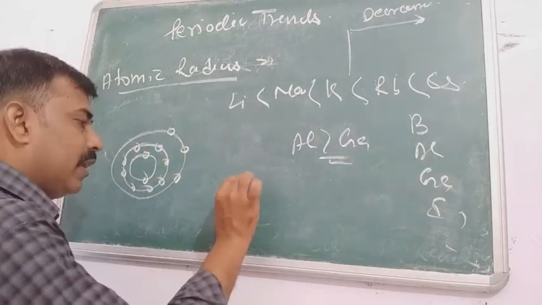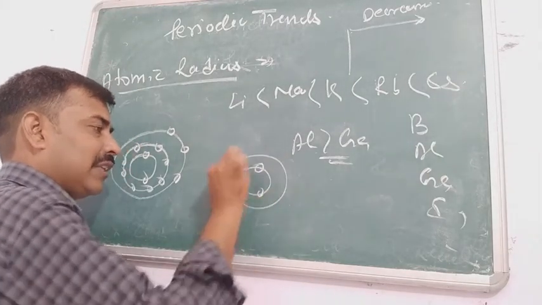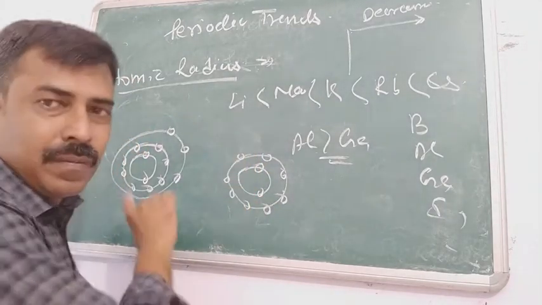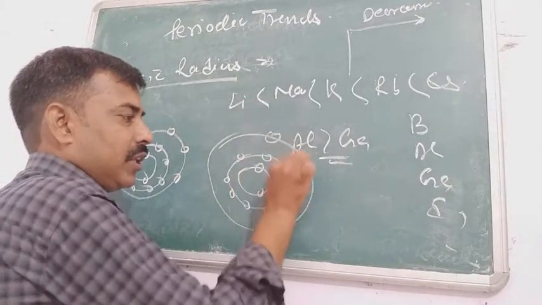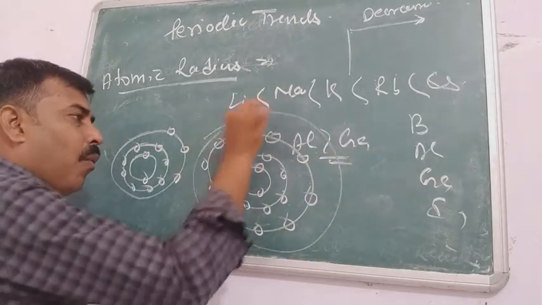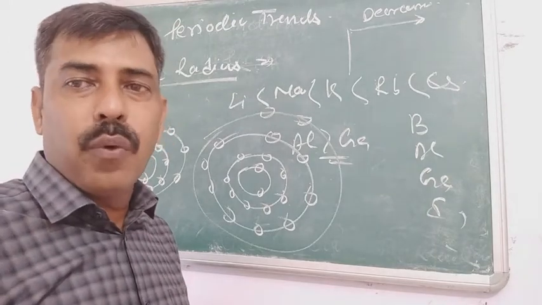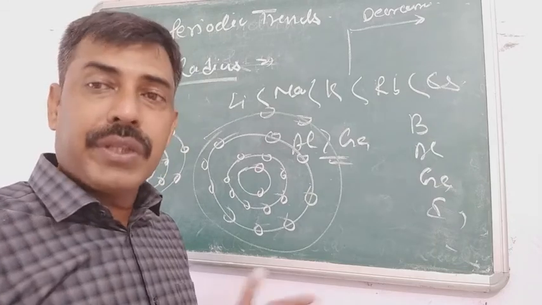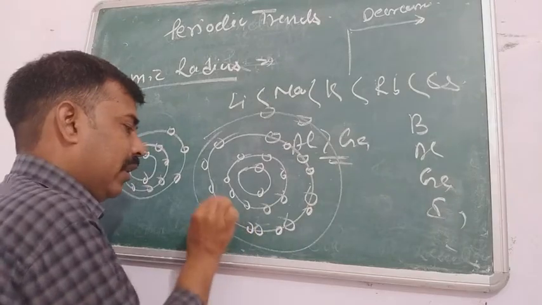But when you see the condition of gallium, the first shell contains 2 electrons, the second shell again contains 8 electrons, just like aluminium. The next one will be 3s2, 3p6, then 4s2. But after the 4s, it will not be the 4p. What will be the next? It will be 3d. That means the next 10 electrons will come in the inner shell.